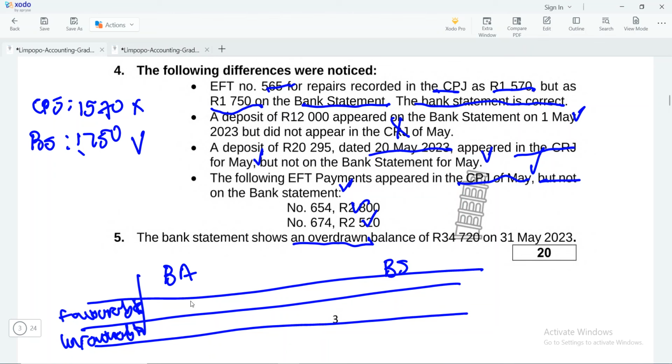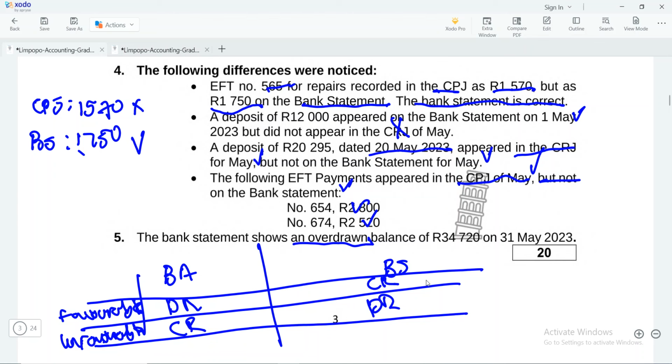If it's favorable on the bank account, it will be on the debit side, and here it will be on the credit side. If it's unfavorable on the bank account, it will be on the credit side, and on the bank statement it will be on the debit side. Because they said that this shows an overdrawn balance, which means we have taken out more than we were supposed to, so we are owing the bank. You get my point? So it means that, remember, whenever